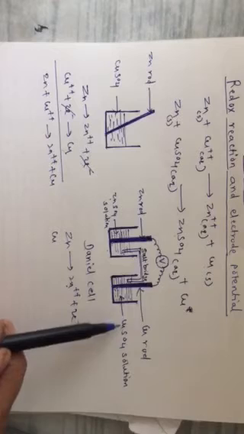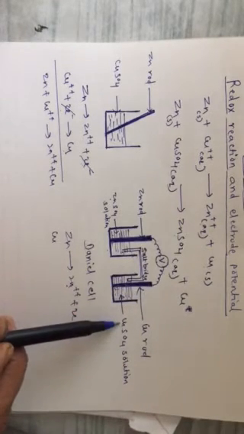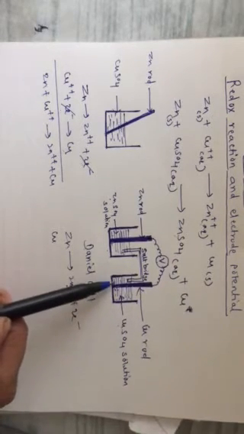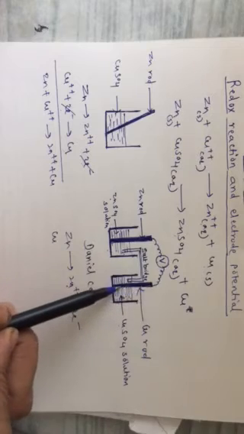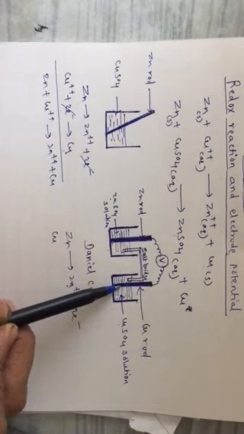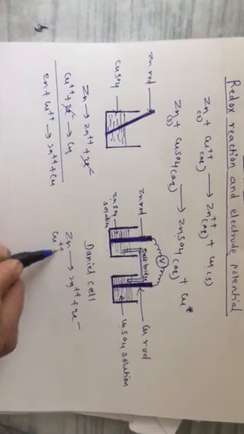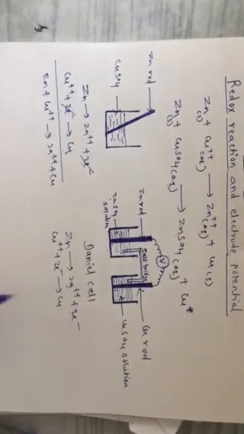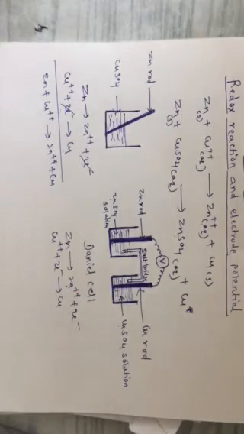In the copper half cell, we have copper sulfate solution and a copper rod. So from copper sulfate solution, we have Cu2+ and SO4 2− ions. These Cu2+ ions will touch the rod. There, the electrons which have come from the zinc half cell will accumulate and they will be taken by copper ions. So Cu2+ plus 2e− gives Cu. So deposition of metallic copper will occur in the copper half cell.